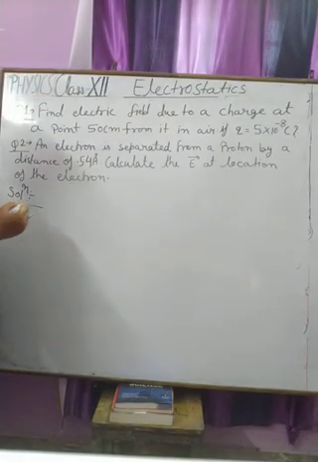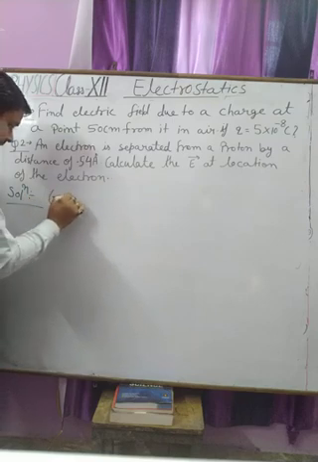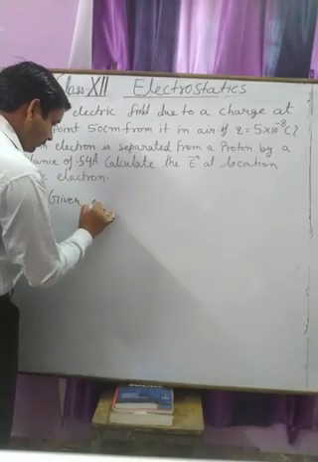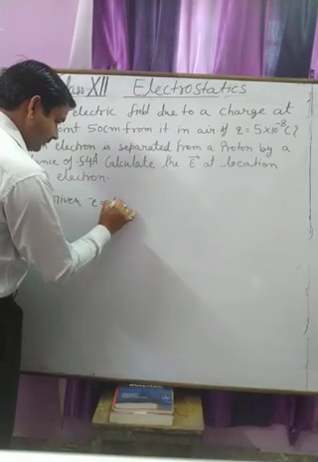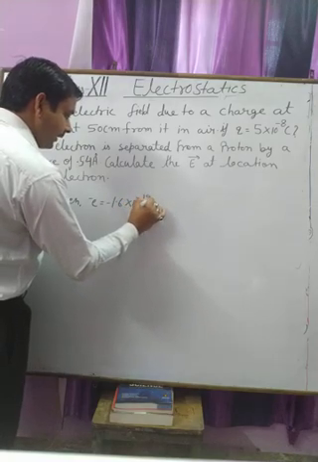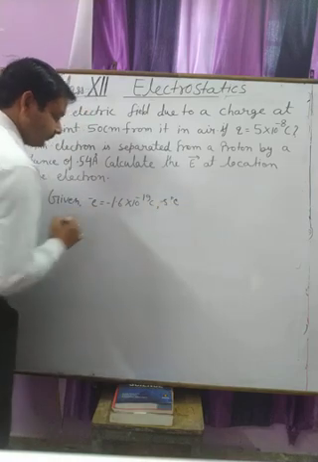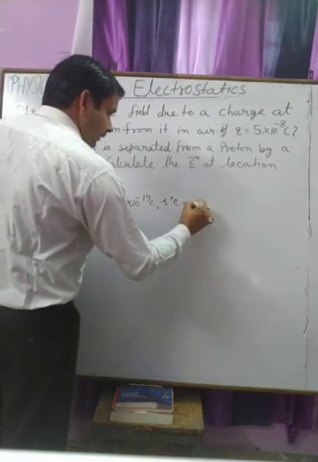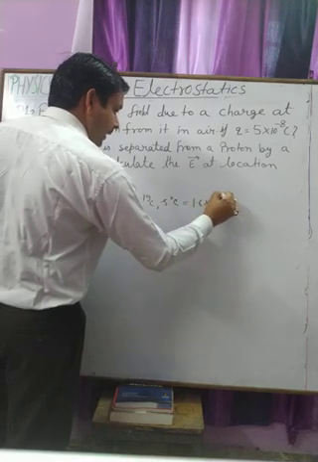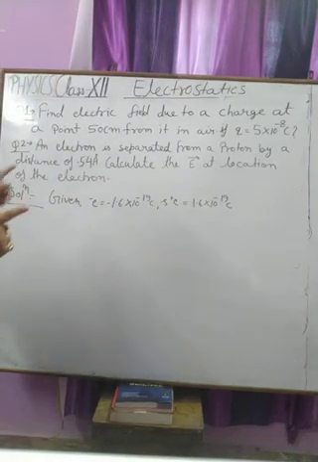So student, here we have charge on electron, that is minus 1.6 into 10 to the power minus 19 coulomb, and charge on proton, that is 1.6 into 10 to the power minus 19 coulomb, and they are separated by